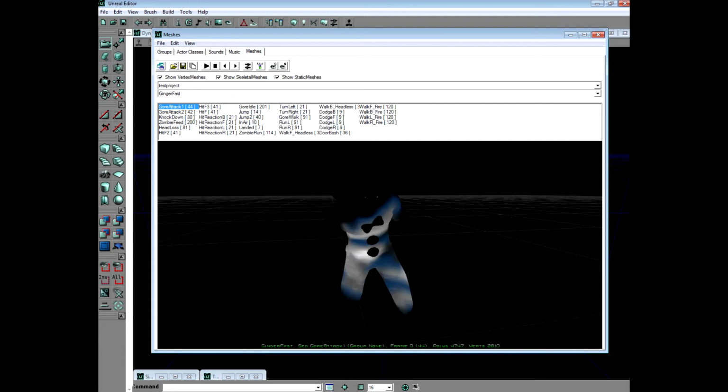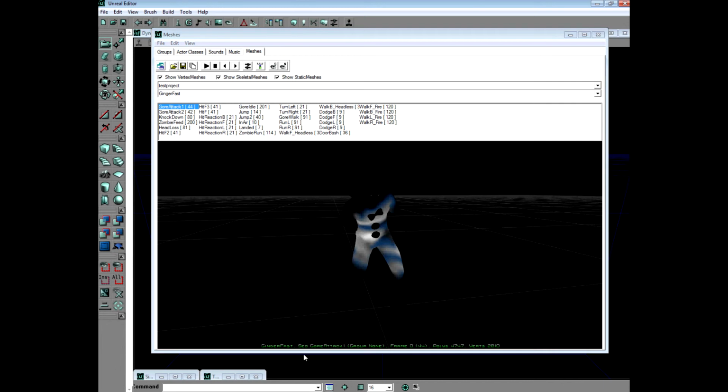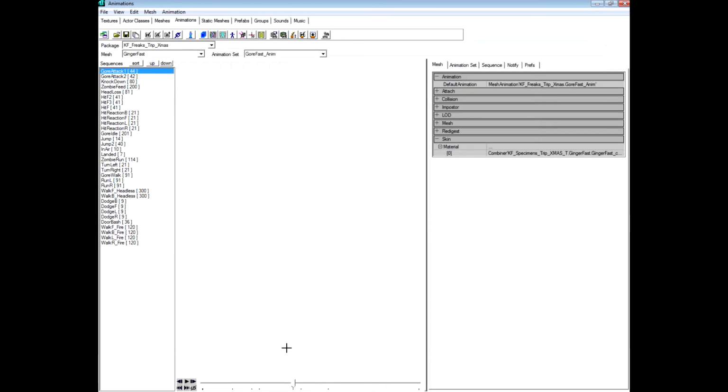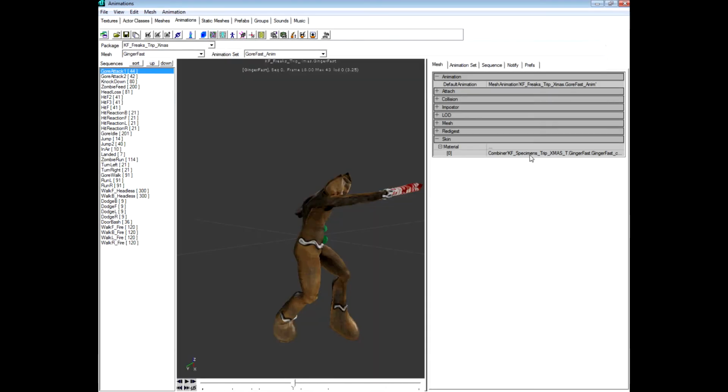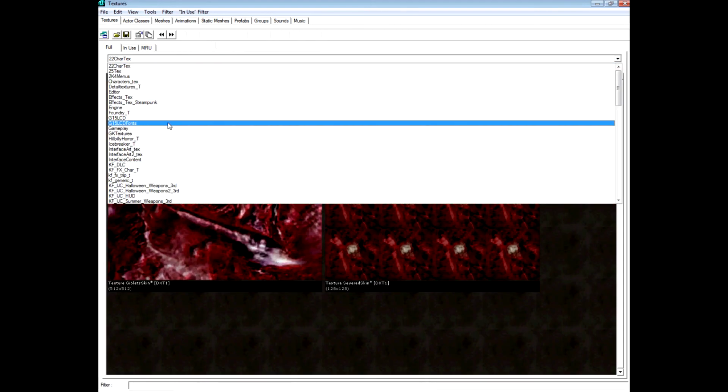There's no real reason for me to make a part 2, but I think that's what's going to happen because, well, heck, I'll show you how to set the texture. There's a bunch of different ways to do the texture. Unfortunately, it's a texture combiner. If I was going to do it the right way, it would probably be